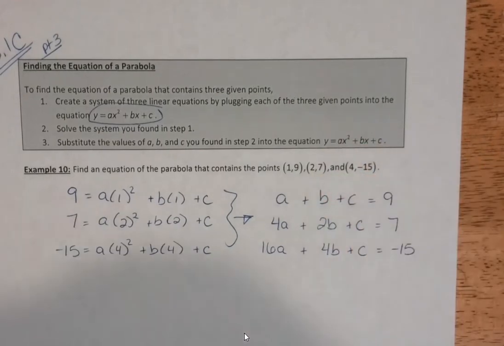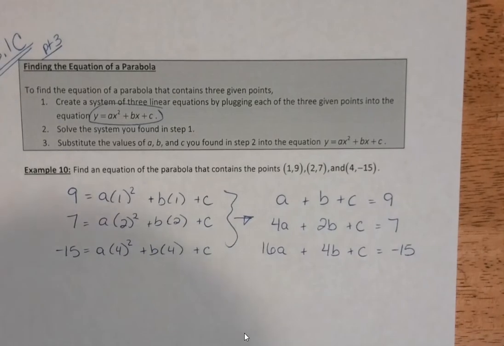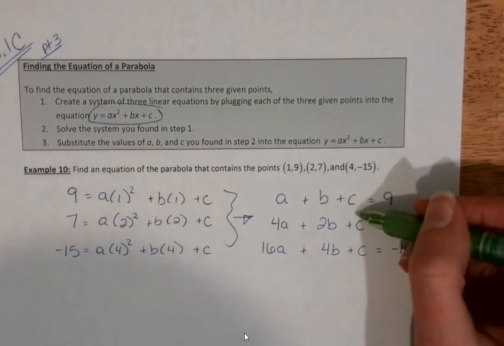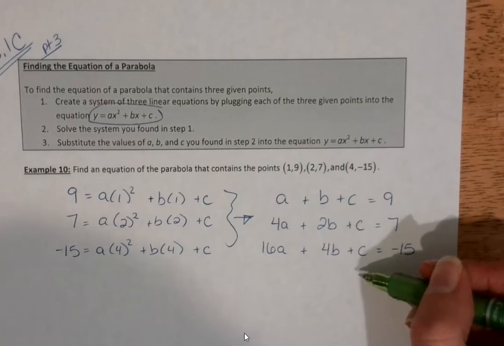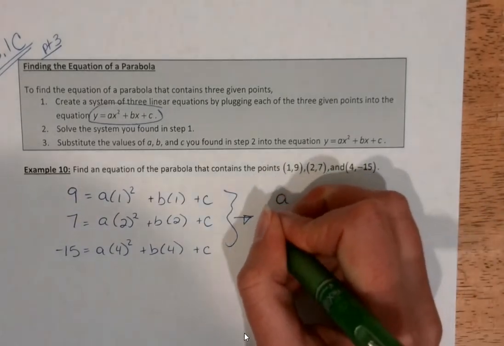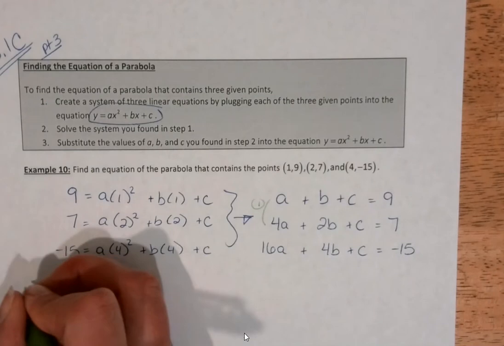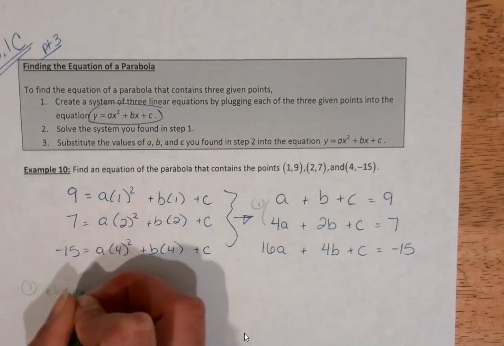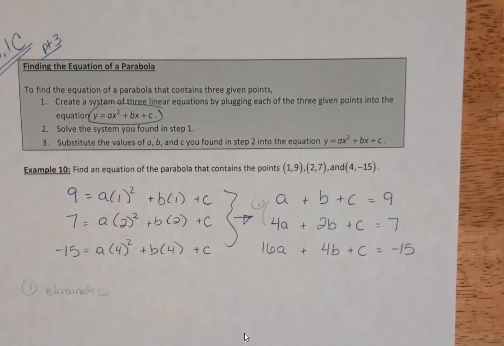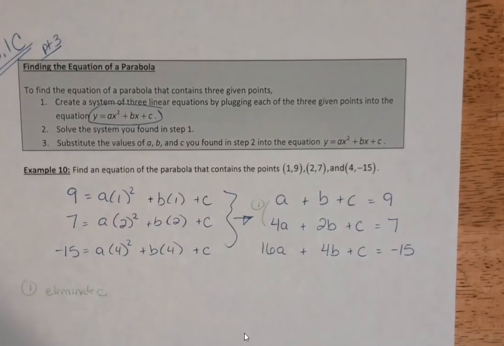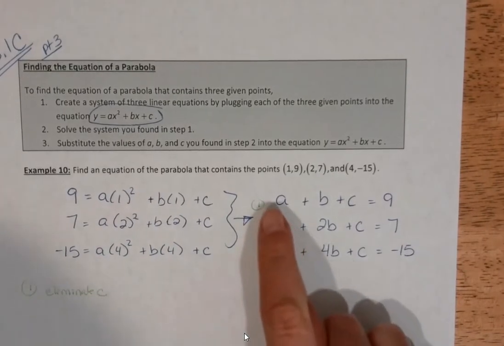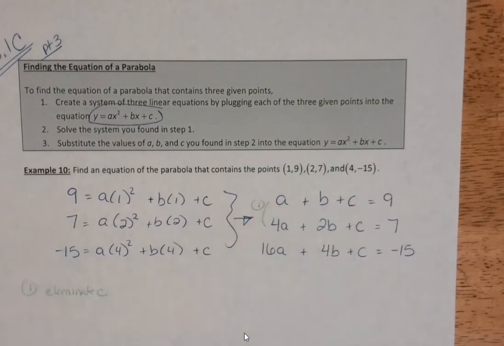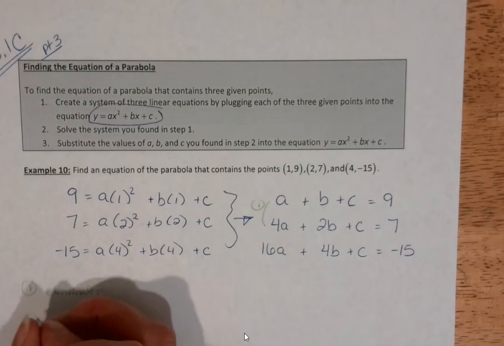Alright, now I can choose any 2 equations to get started and any variable to eliminate. Since the c's all have coefficient 1, well, let's get rid of c. So I'm going to use the top 2 equations first, and we're going to eliminate c. Alright, so I just need to multiply one of them by a negative. How about the top one, because it has smaller coefficients of its variables? So let's use negative a